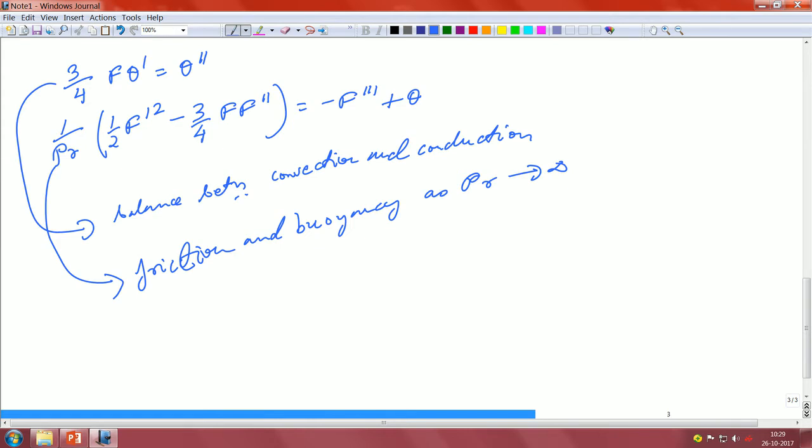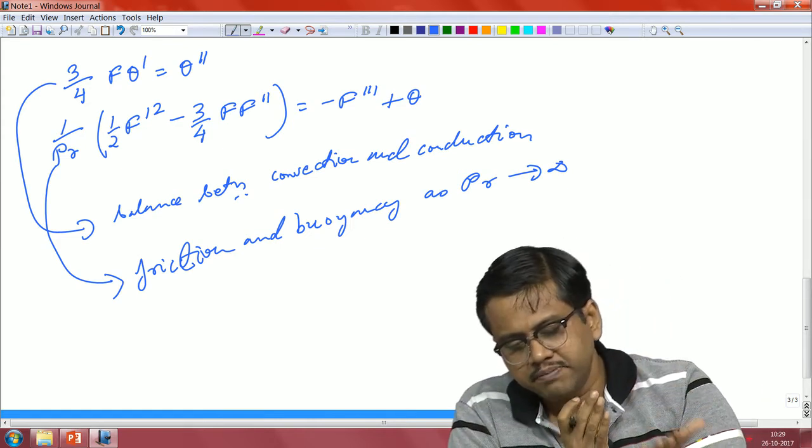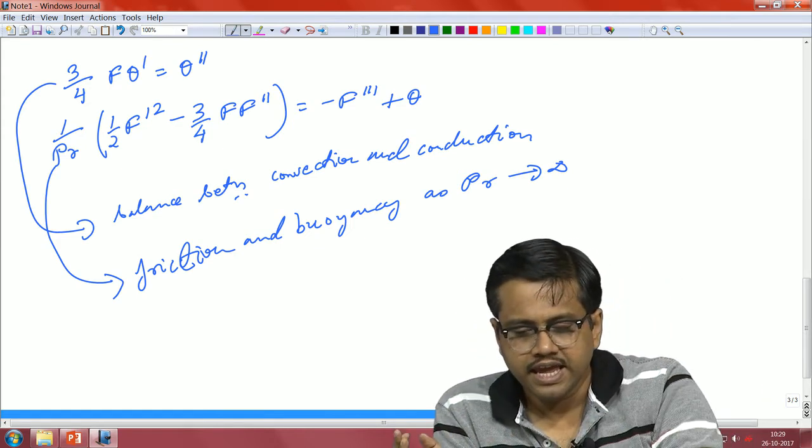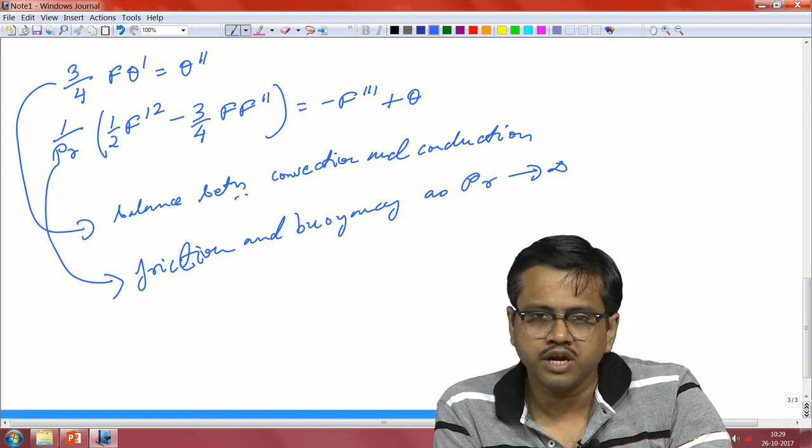It's a balance between friction and buoyancy if the Prandtl number goes to infinity, because if you look on the expression